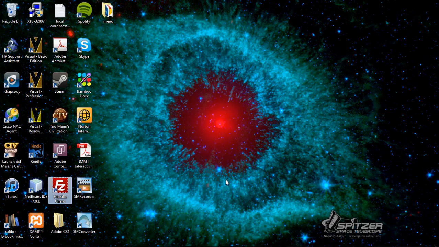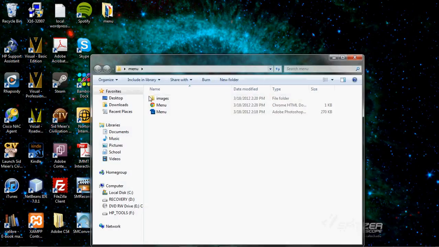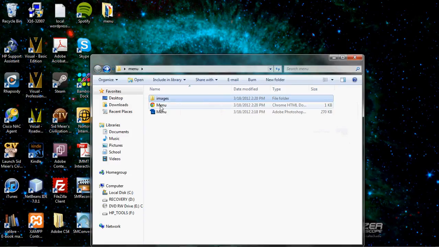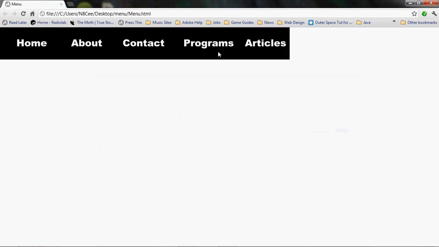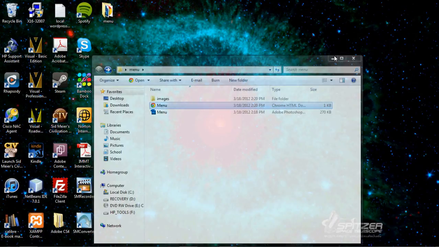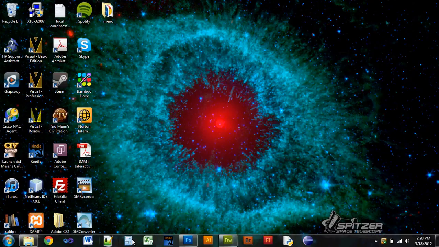So then if you go out to your desktop, go under images, you can see that it made a cut of all of them. We must have had one extra slice hidden in there. And if you open it up, see that your menu is there. So let's minimize that, go back to Photoshop,